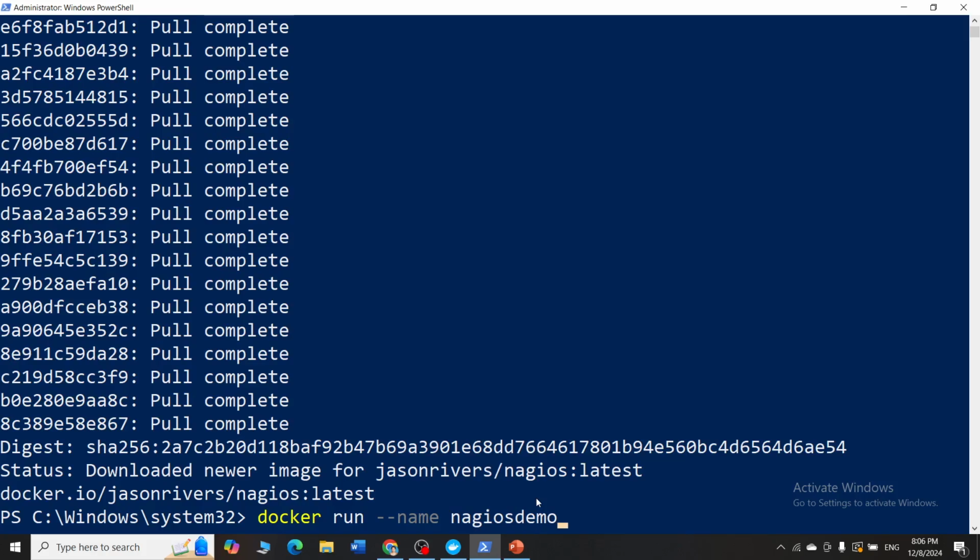I am giving nagiosdemo, then -p 8888:80 jasonrivers/nagios:latest. So this is the command that we will be using to run Nagios inside a container.